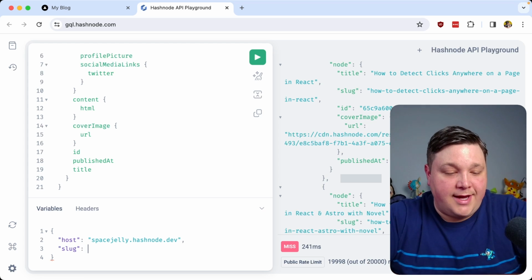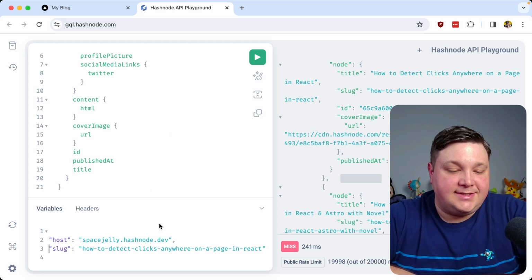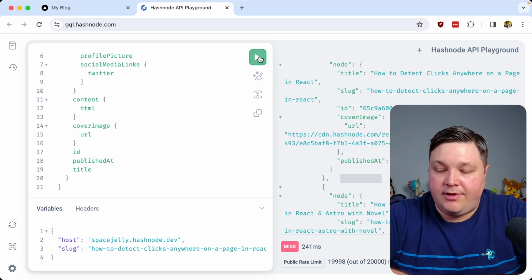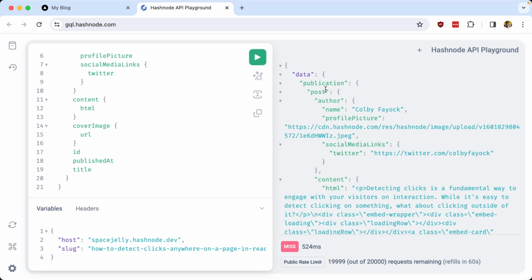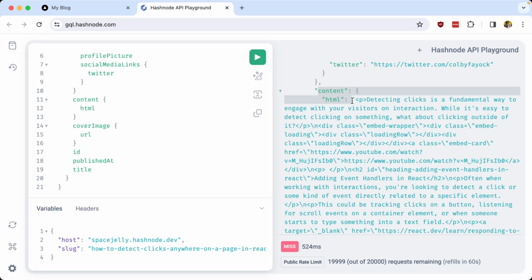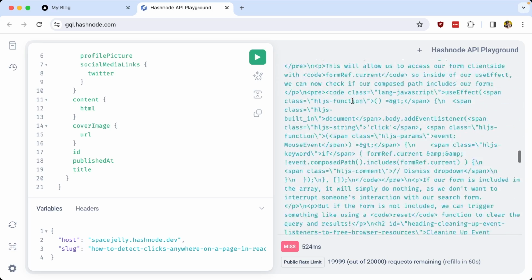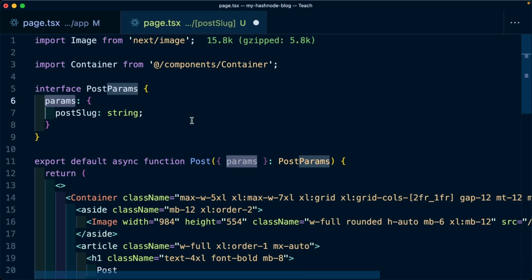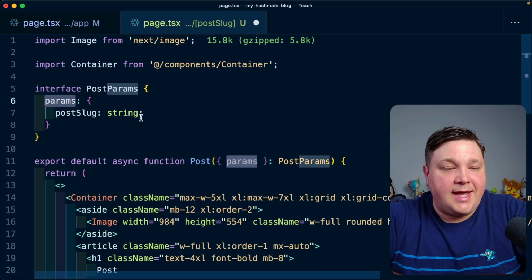And if I grab one of the random ones from it, I can pass it in. And if I now click play and hide myself, we can see that we get all that information related to the post, including all this HTML content, which is how we're going to actually render all that content to our page. So back inside of the application, the first thing I'm going to do is